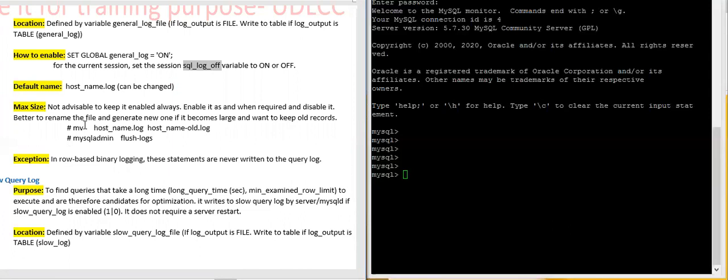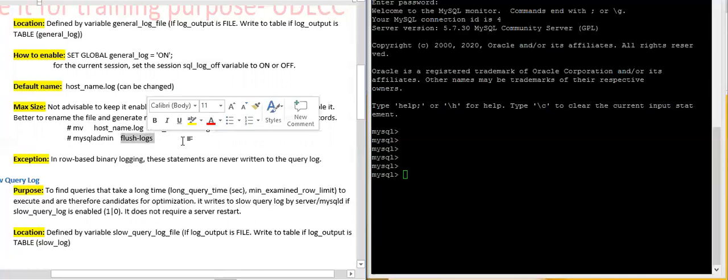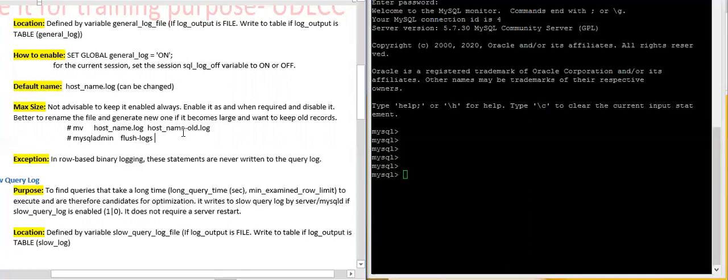So use this log whenever you require it, and then just disable it. You can also rename this file with this command, and once you run flush logs, it will generate a new log with the same hostname .log.